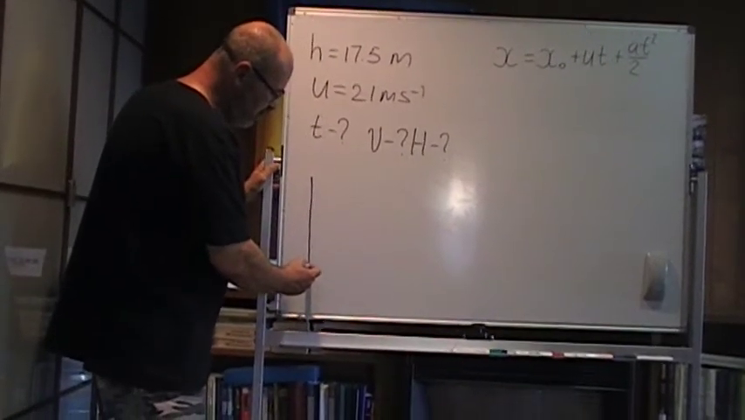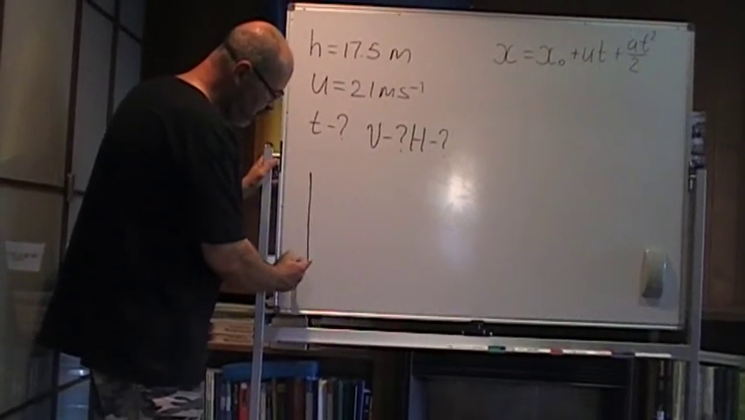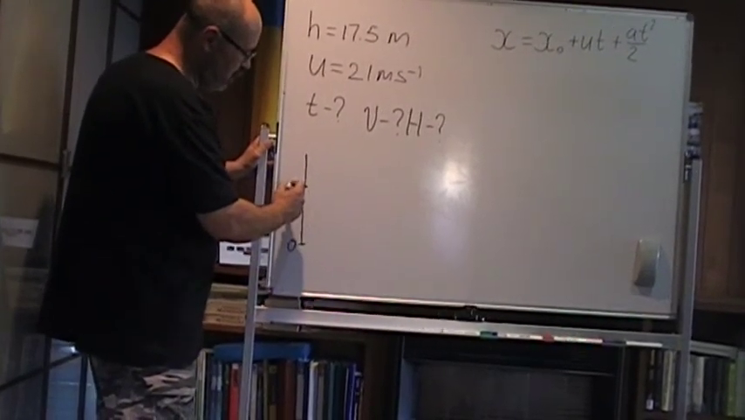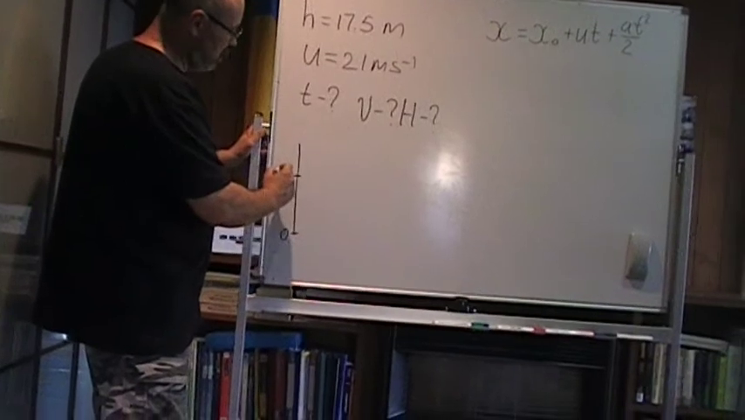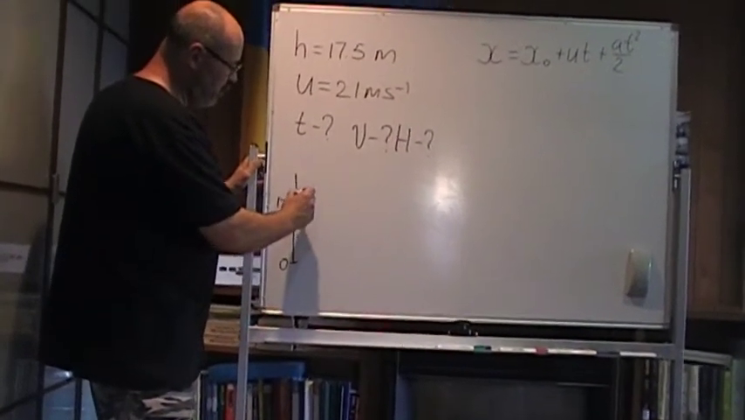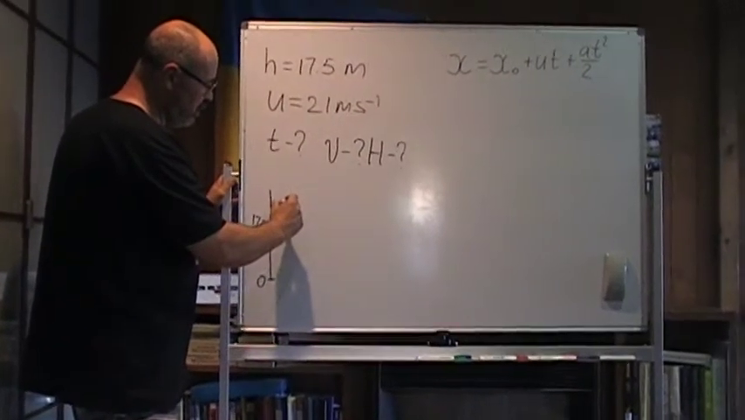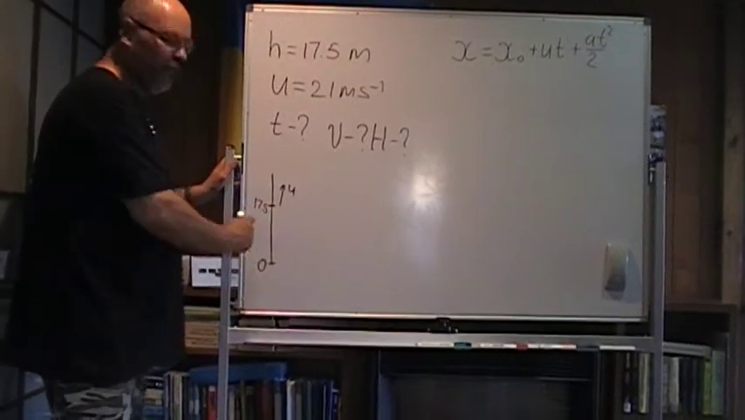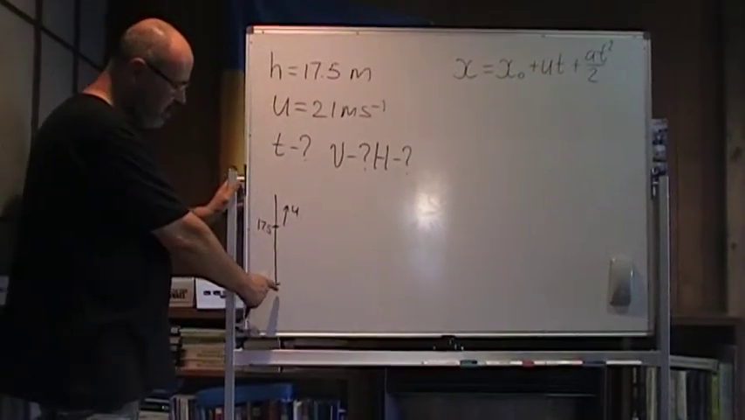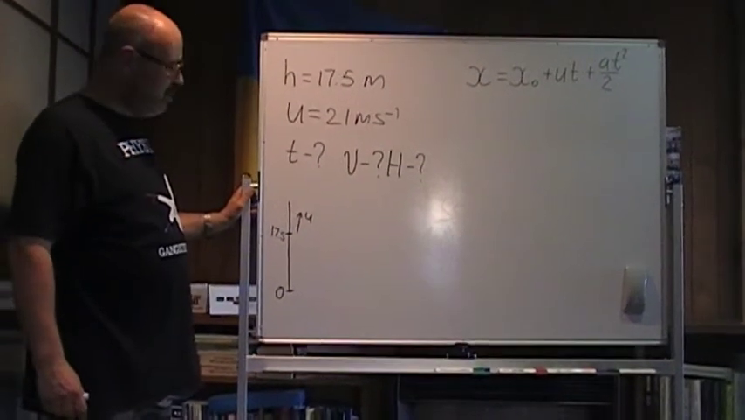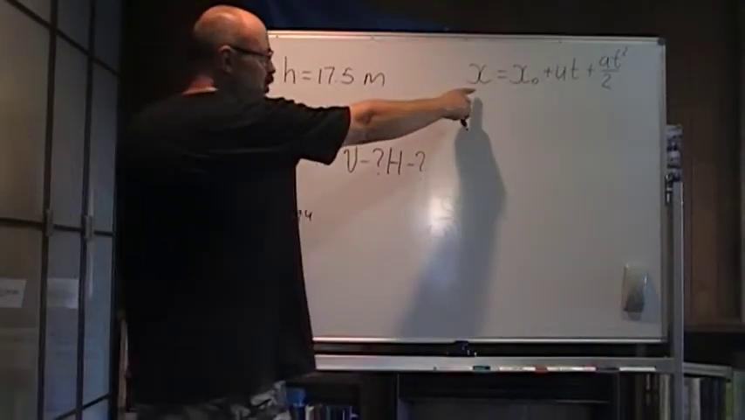Let's take 0 position at the ground level. So the initial position is 17.5 meters, and the initial velocity is up. So it's moving up and then falling down. Taking into account that we're taking 0 position at the ground, we can write the equation of the